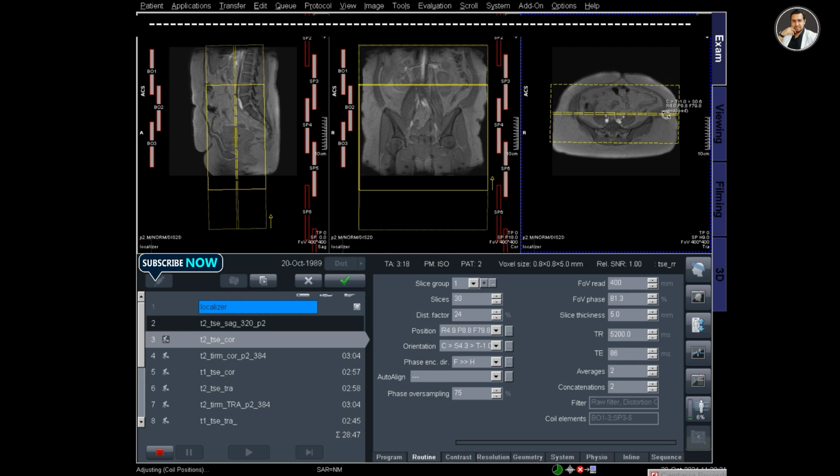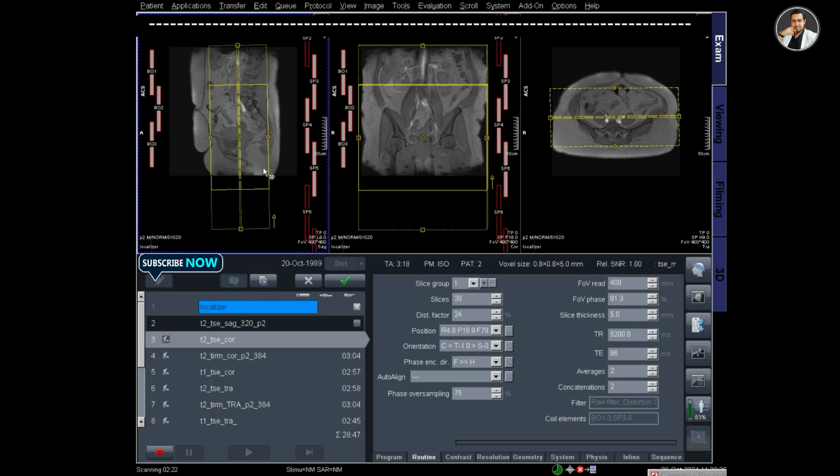So I am planning straight to the pelvis. And also I find the uterus so that the slices are perpendicular to the uterus in the sagittal plane.